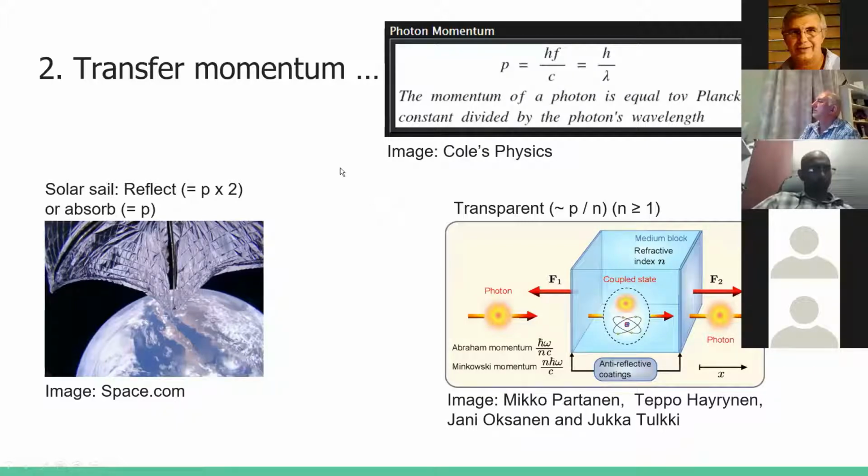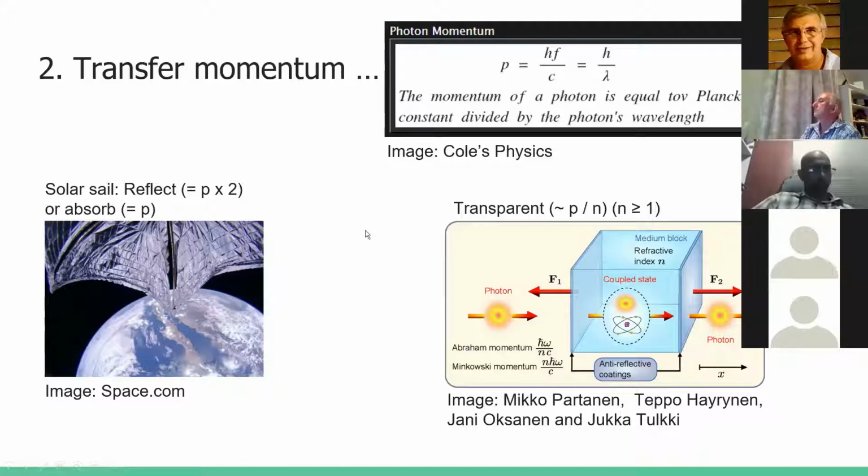If we were to take a single photon and send it towards a solar sail, and the photon was reflected by the sail, in this case a very reflective sail, we would get twice the momentum onto the sail. If you think about it for a second, 2 times momentum to the right into the sail and minus 1 momentum where the photon gets reflected still leaves you with +1 momentum. If the photon gets absorbed completely, the +1 momentum goes into the sail and it will push the sail in the direction that the photon was moving.